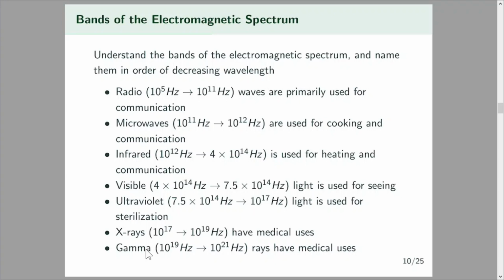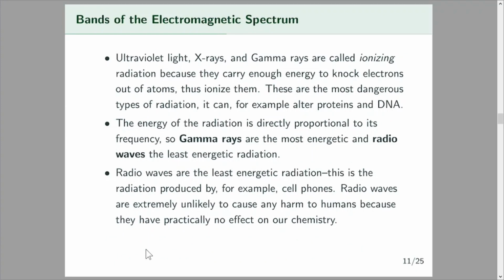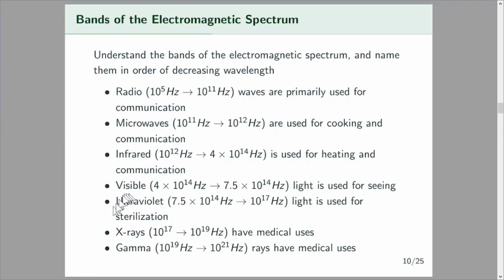So these are some frequency ranges for these guys. Just to say a few things, these ultraviolet, X-rays, and gamma rays are called ionizing radiation. So they're at the high frequency, higher frequency than visible light. All of these guys up here are dangerous to humans, right? Because when you get hit by this light, it can enact chemistry on the DNA in your skin, and so this is considered dangerous